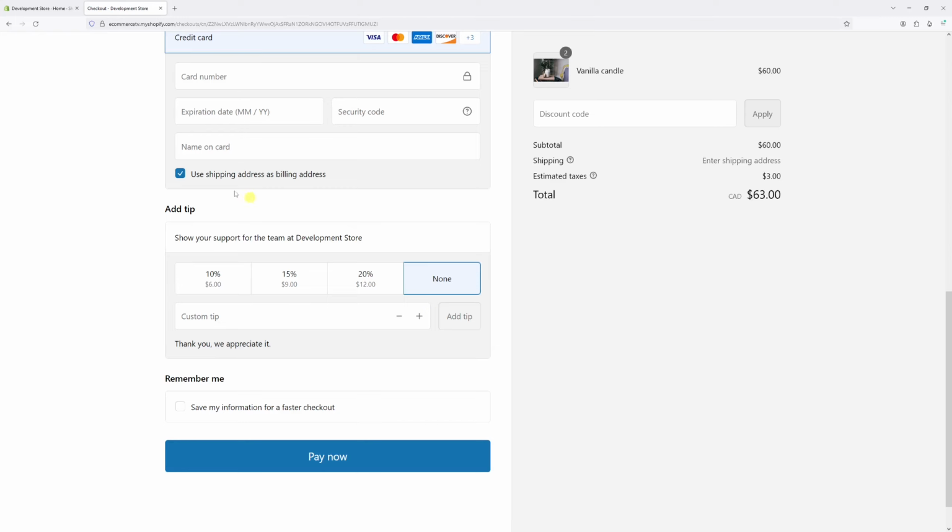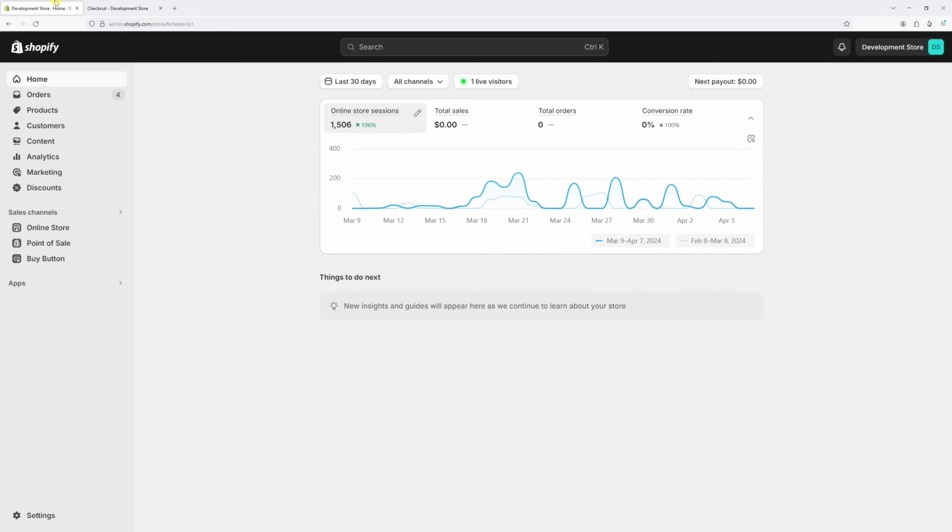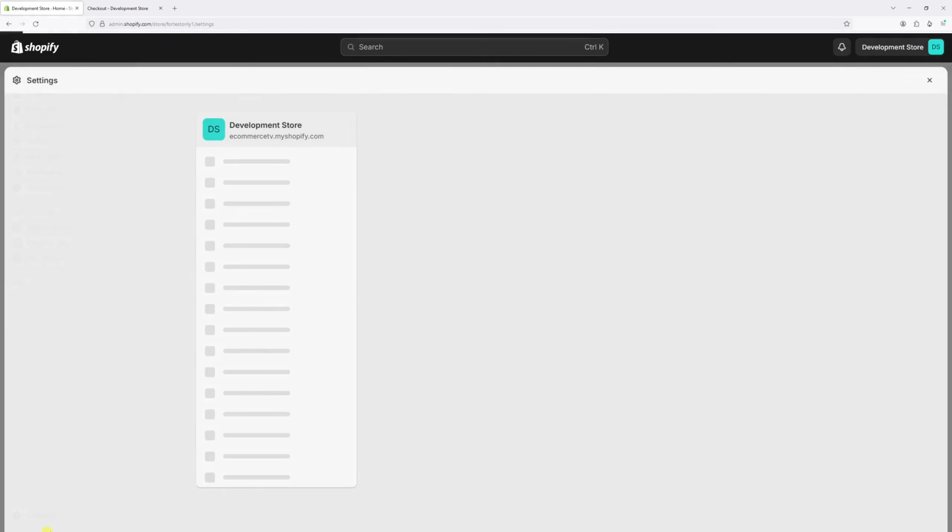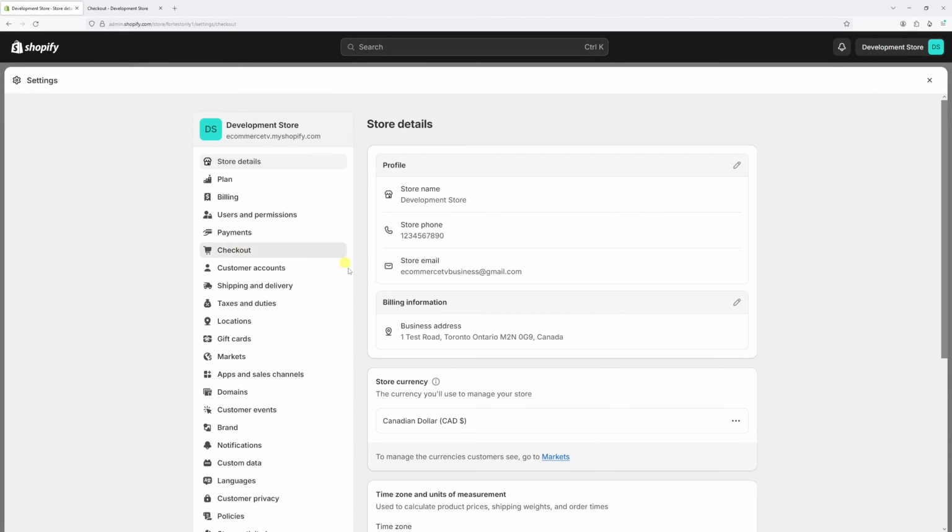In this video, I will demonstrate how to change the tipping options in Shopify checkout. By default, when tipping is enabled, the presets are set as 10%, 15%, and 20%, but you can easily change it to something custom. For that, just log into your Shopify admin account and go to settings, then locate checkout, then